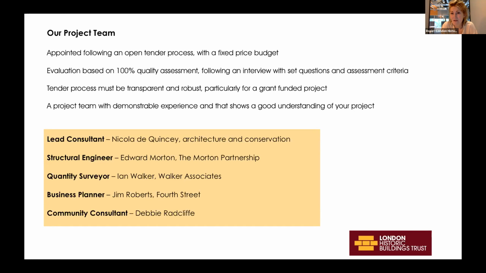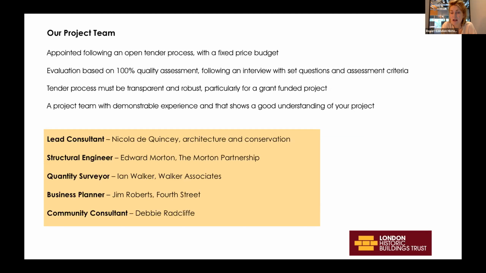And we agreed a set of questions and assessment criteria with our grant funders and some of our key stakeholders, so everyone was on board with the process of appointing our project team. And I think it's really important to stress that your tender process must be transparent and robust,